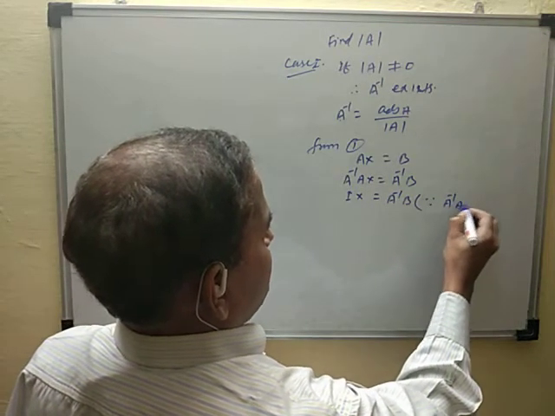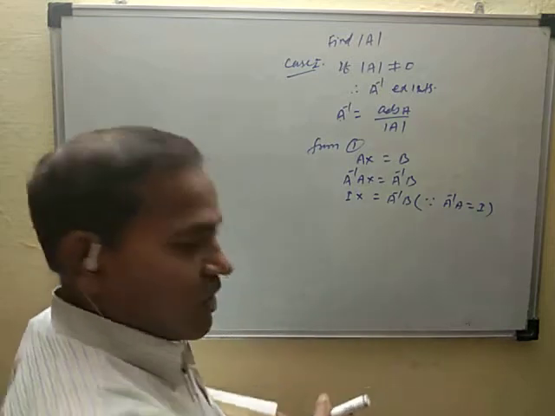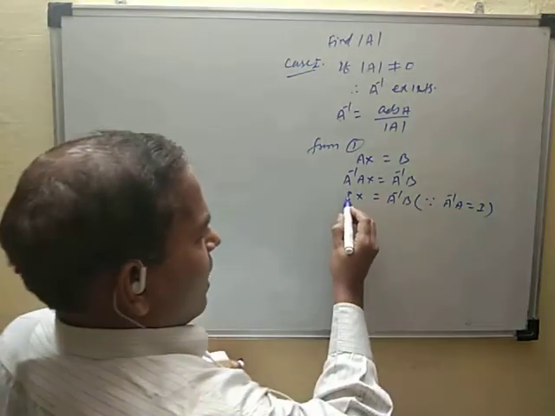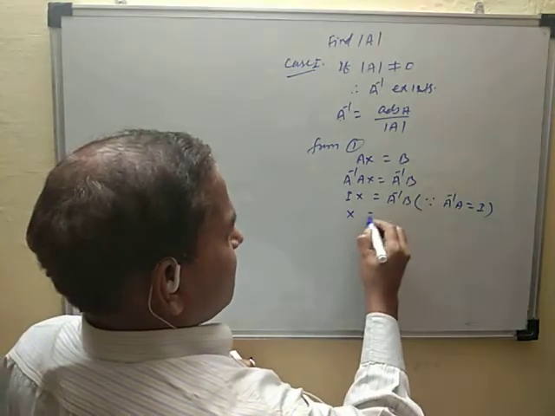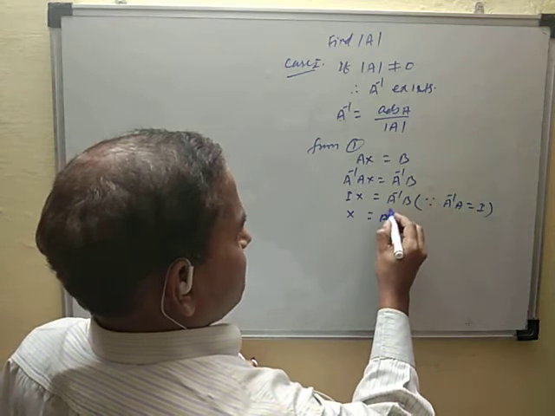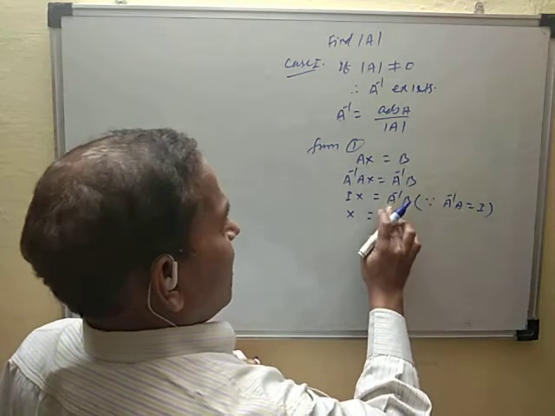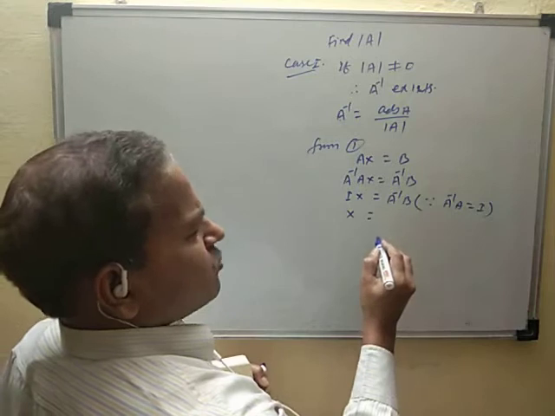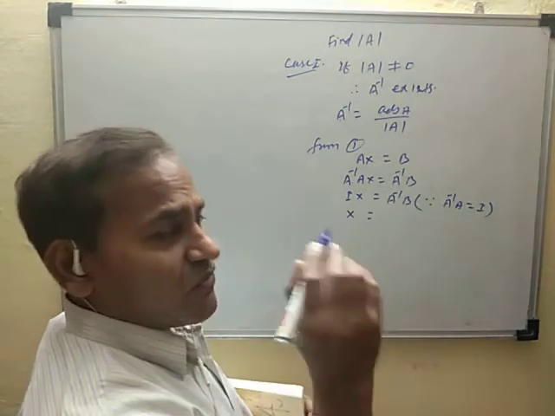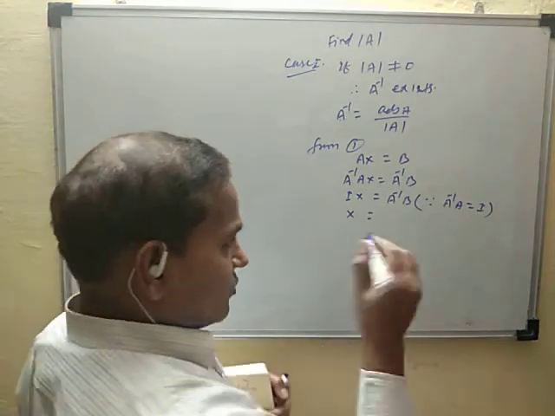Since A inverse into A is equal to I, and I into X is equal to X, so X is equal to A inverse B. A inverse is a matrix, B is also a matrix. Find their product. Then you check that